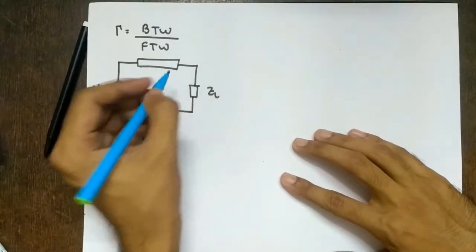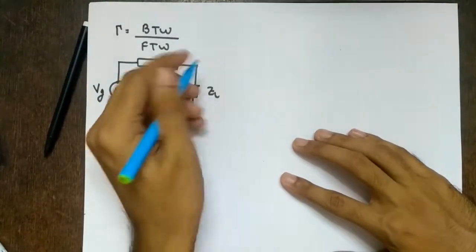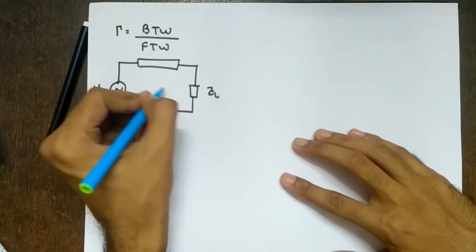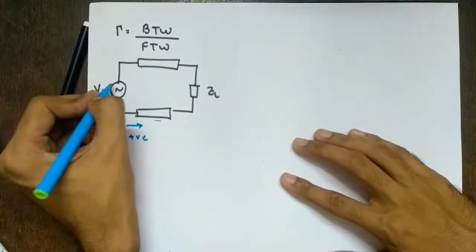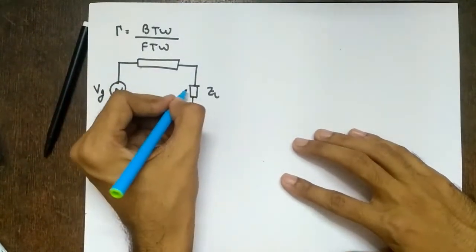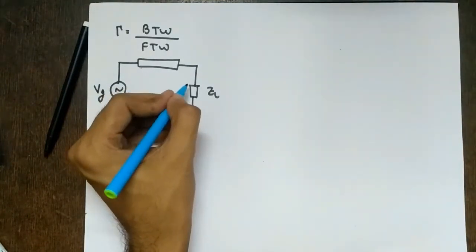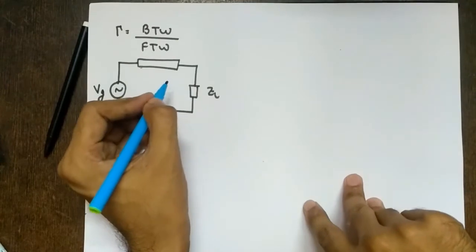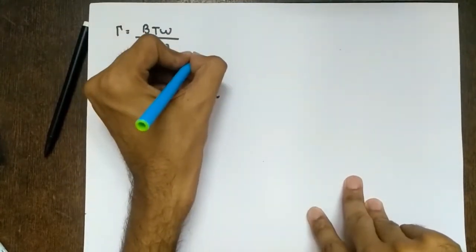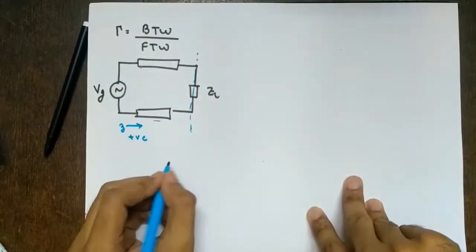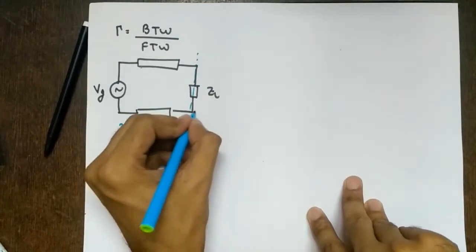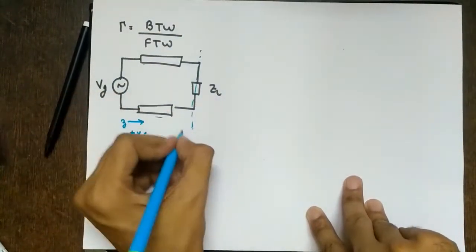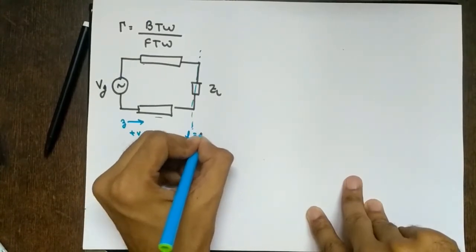But usually, from where does the reflection come? It comes from the load, right? We said that the reflection should be avoided at any cost because it can damage the source. So minimizing the reflection is the topmost priority of any designer, right? That is where the load is very important in terms of reflection. That is why all the measurements are done from the load side. We take this load as the reference and not the source as the reference. That is the reason we start from l equal to 0.